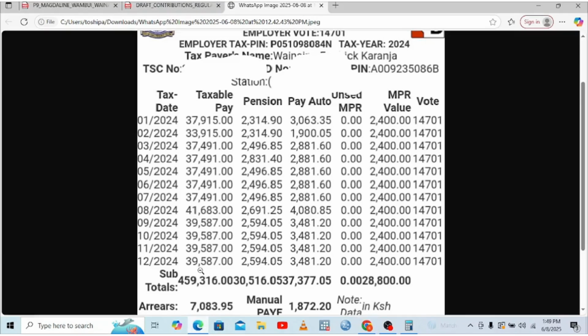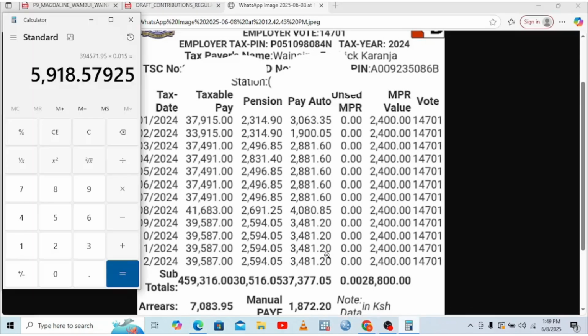Let us get back into this P9 form and take back my calculator here. You need to take the December value of total gross pay. Then this gross pay, you shall subject it to 1.5%. You shall take 1.5% of the total gross pay in December. So you take 0.015 multiplied by